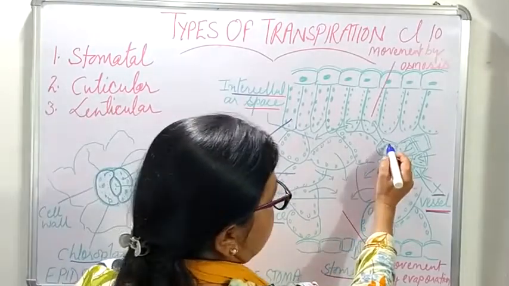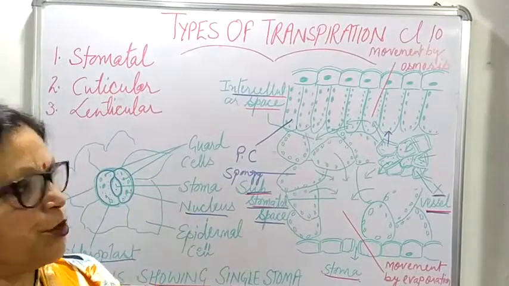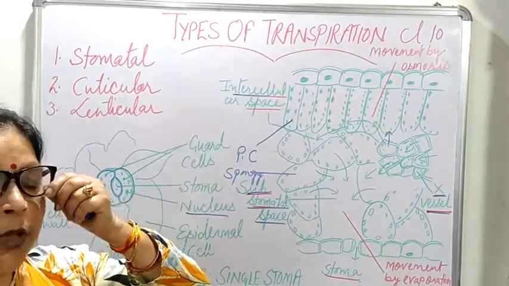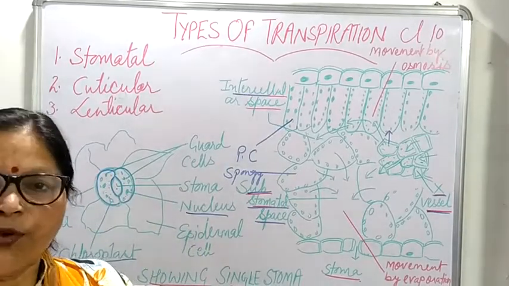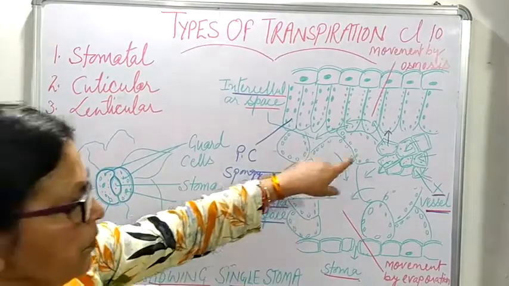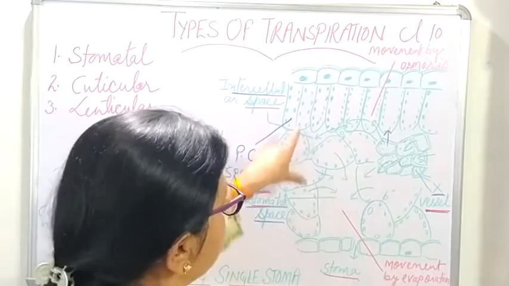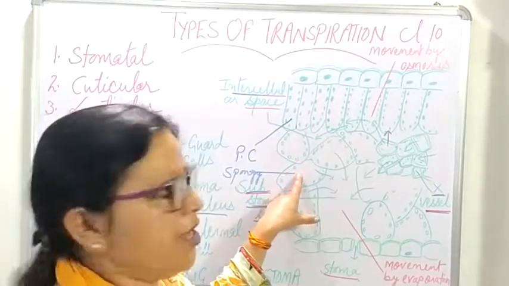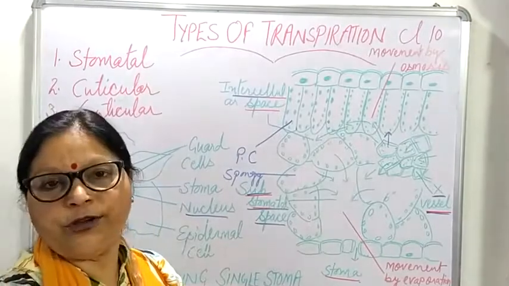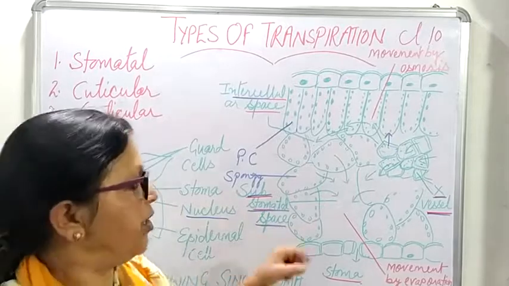Now these xylem vessels will give out water by osmosis as well as imbibition. Now you all have learnt about imbibition, when the cell walls absorb water by surface attraction. So this water will be taken up by the palisade cells as well as by the spongy cells. Now when these palisade and spongy cells are full of water, when there is a lot of water, then some water is evaporated from there.